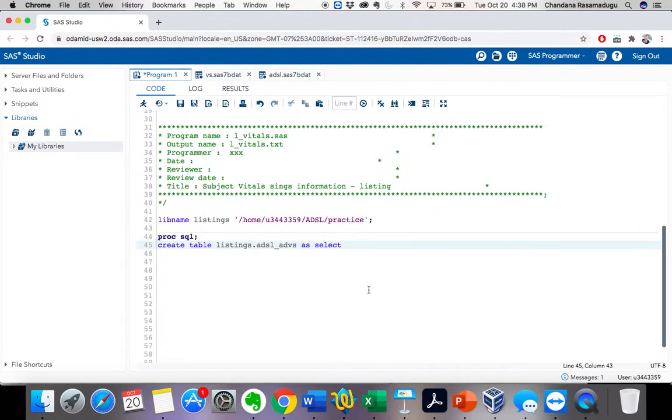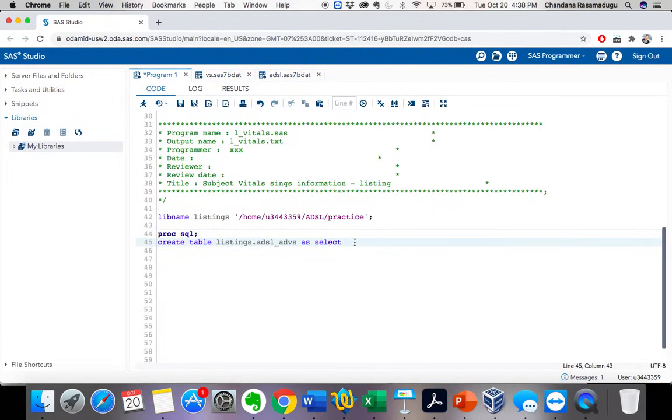So let's first print the ADVS variables, and then give the ADSL variables next. Here I am taking ADVS dot USUBJID.